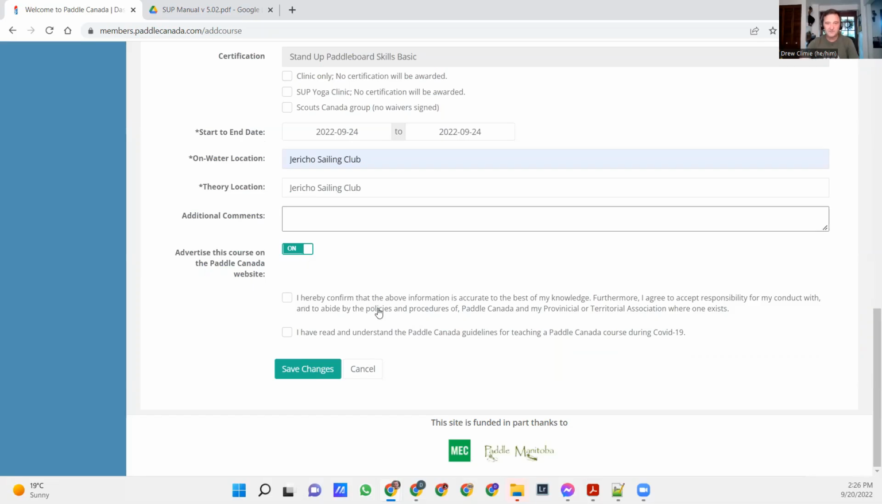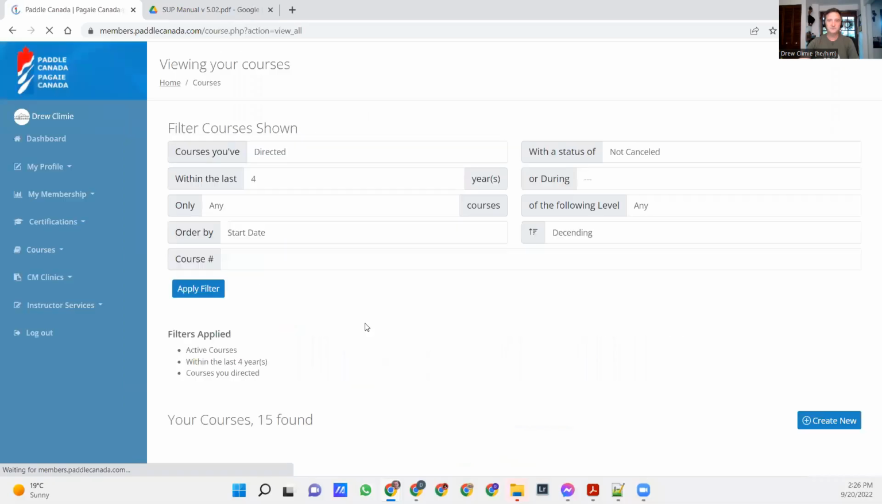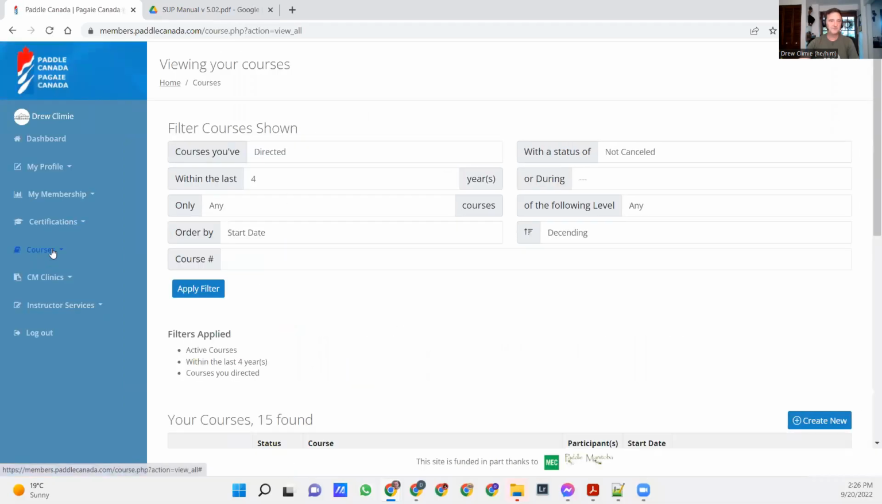I hereby confirm that the above information is accurate. Yes, I have read and understand the Paddle Canada guidelines for teaching a Paddle Canada course during COVID-19. Yes, save changes. That COVID-19 information is under the instructor portal information resources as well. So class is created. So now if I go to my courses,